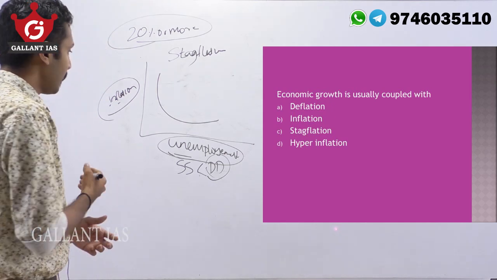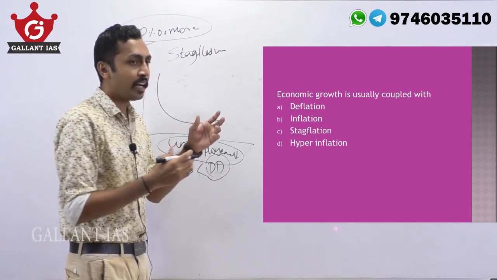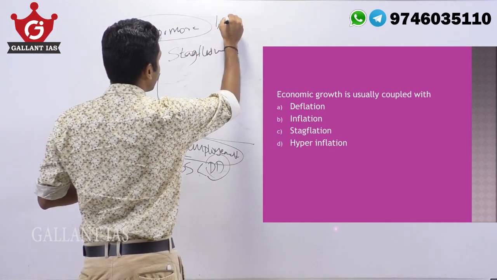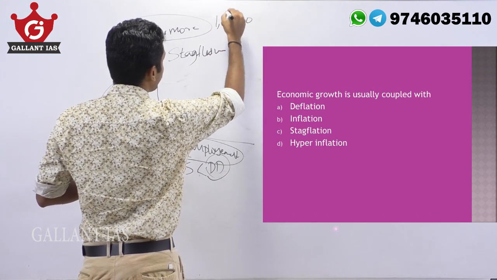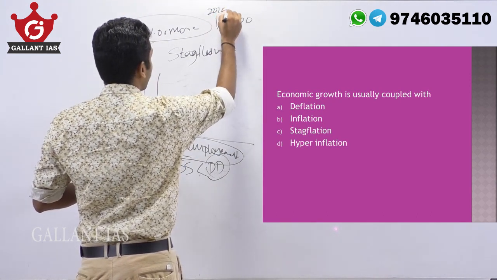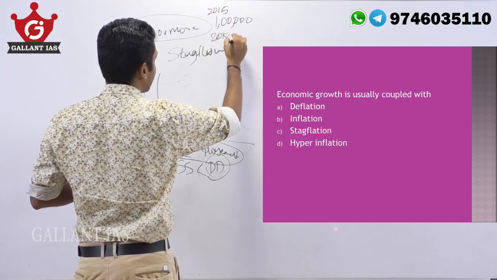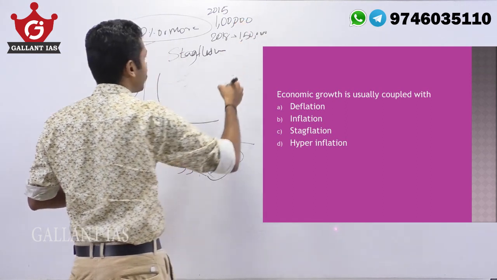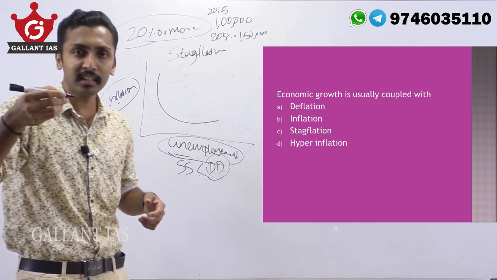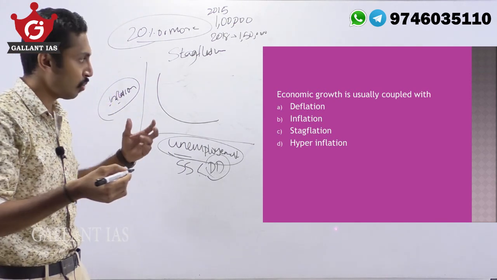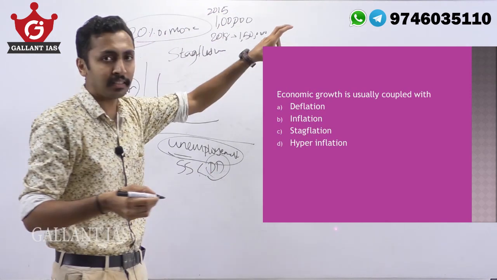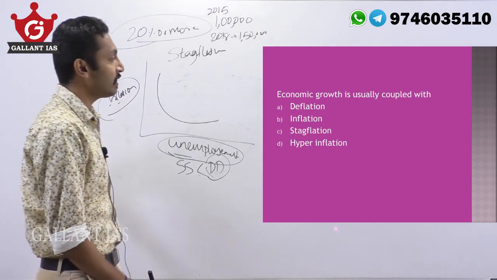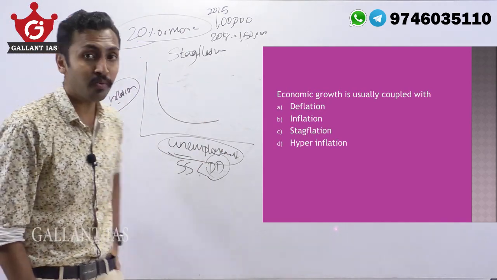To grow any economy, any individual, there should be higher return for the investment. If we invest 1 lakh rupees by buying a piece of land in 2050, in 2080, when we sell it, the price may increase by 1 lakh or 50,000 or more. This price rise is due to increase in the price level, that is inflation. So, up to a level, increase in the price level is a must for growth of any economy. So, economic growth is coupled with, answer is option B, inflation.